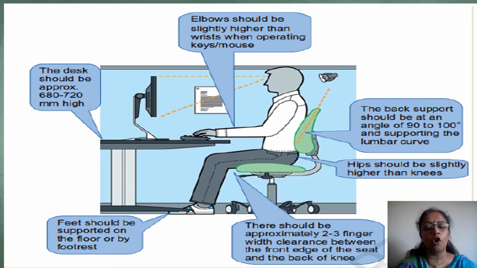Here is a picture of how exactly a person who is sitting to type, for accurate and efficient typing, needs to follow these particular rules which I already explained to you. Now, why are we teaching you this typing ergonomics? Because later on, when you start working in a working environment, you will need to follow this so that you will have good posture and your typing will be more accurate, and you can work more efficiently on a keyboard.